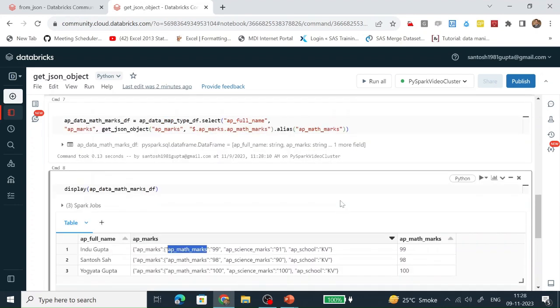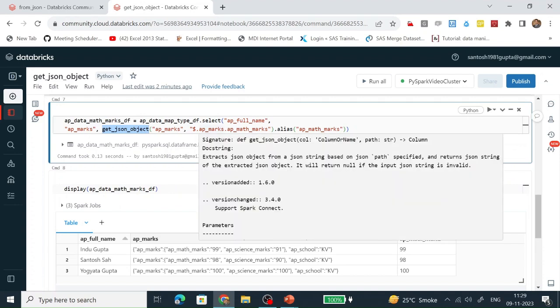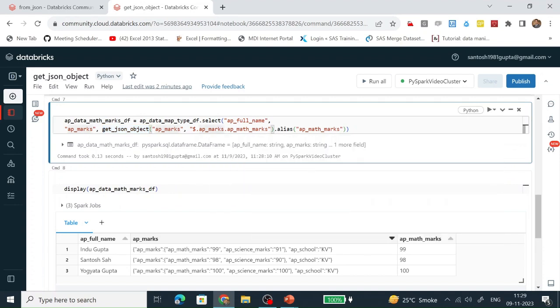We have done it with the help of get_json_object. Here we are getting this JSON object with the help of the get_json_object function, and we are passing the name of the column which has this JSON-like structure, that is AP marks. And in the AP marks we are providing the full path from where we want to fetch the value.